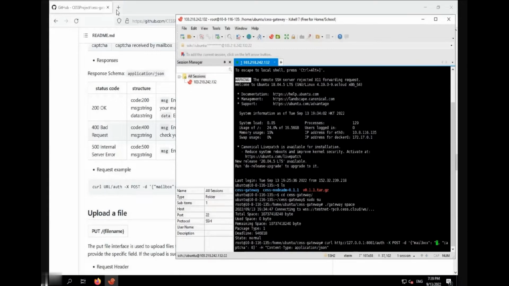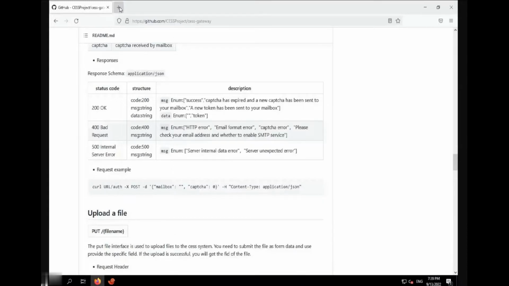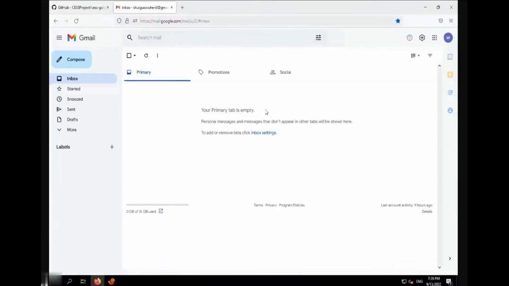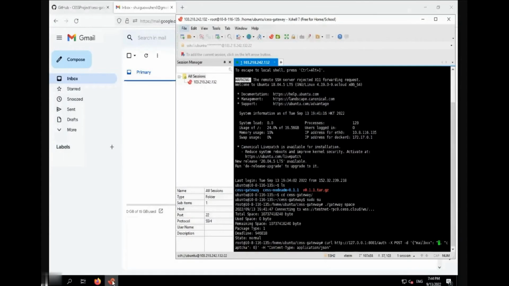Now let's log into the mailbox in the browser. We're going to fill in the email address in the quotation marks after the mailbox. The first time captcha will show 0 by default.